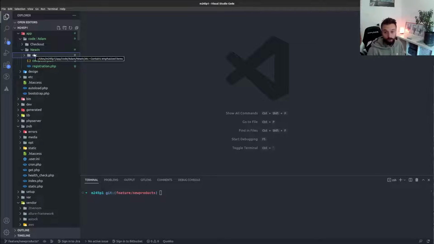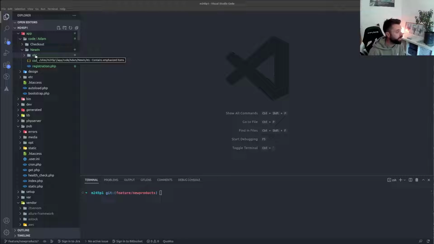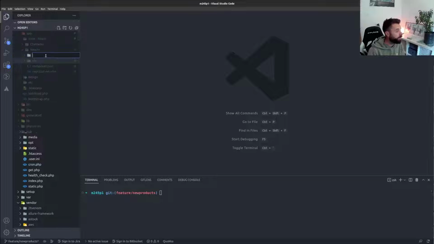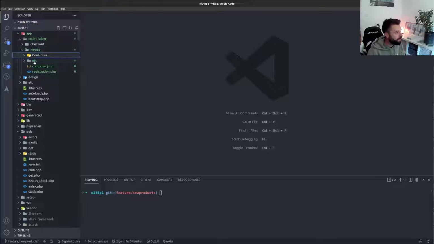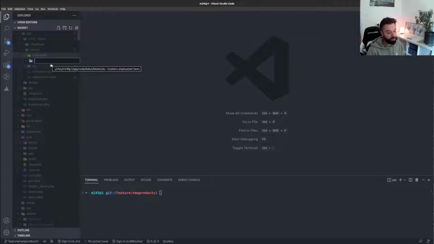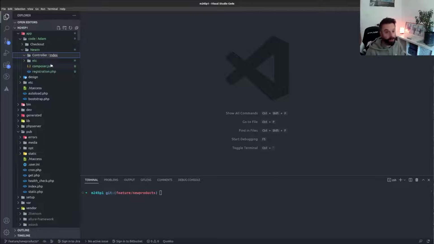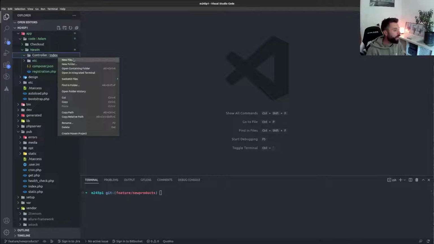And now I'm going to start by adding the route. So this is how I would get my actual new in page working. We're going to start basic and just get the page showing, basically not a 404. That's what I'm after. So in order for this to work, I'm going to first need a controller, and then specifically in this controller, in order for me to have a new in URL slug, so just /new-in, I'm going to have to use index, and I need an index folder, and then in that index folder I'm going to have